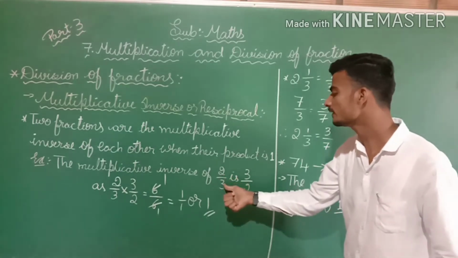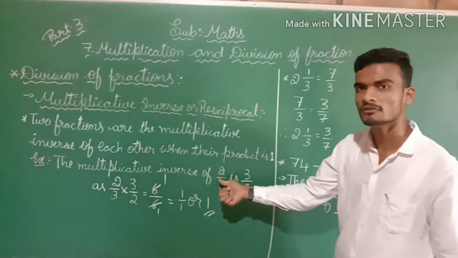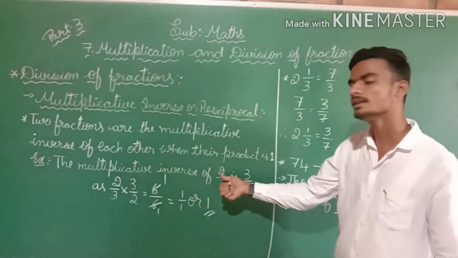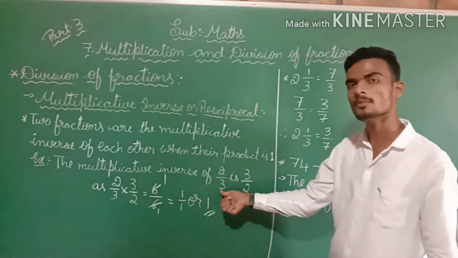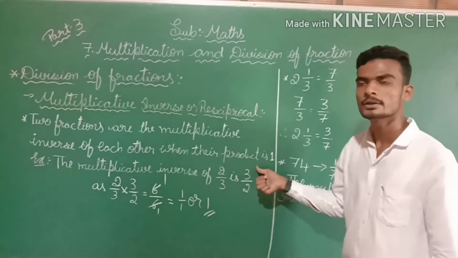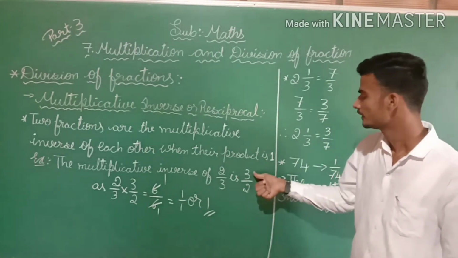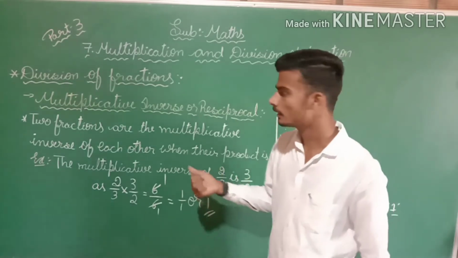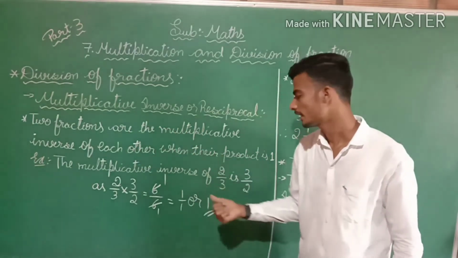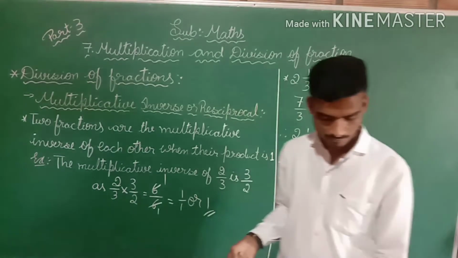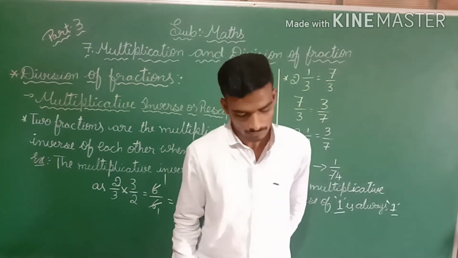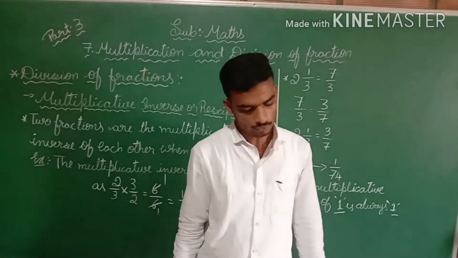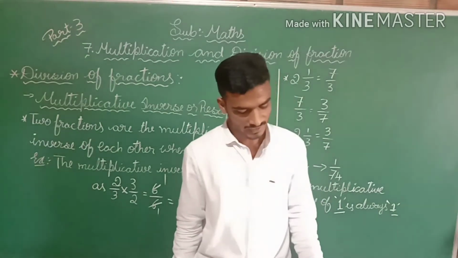See here, 2 by 3 is there. What is at the numerator part? Here is 2. This 2 I have written at the denominator part. See here, this denominator part I have written at the numerator part. This is a reciprocal or multiplicative inverse. Okay. Then to find the multiplicative inverse of a mixed fraction, convert the mixed fraction to an improper fraction, then interchange